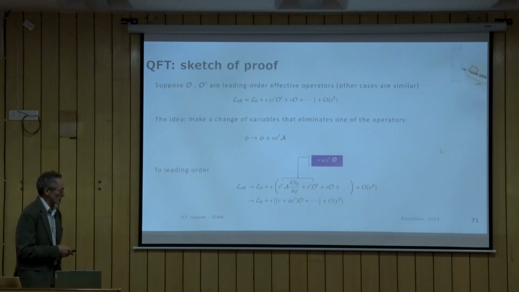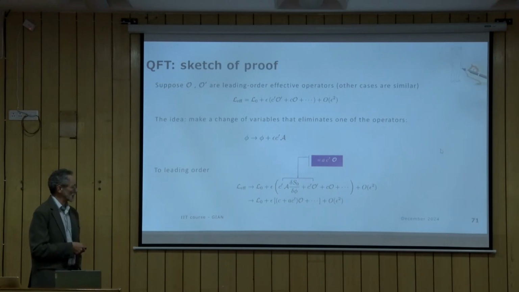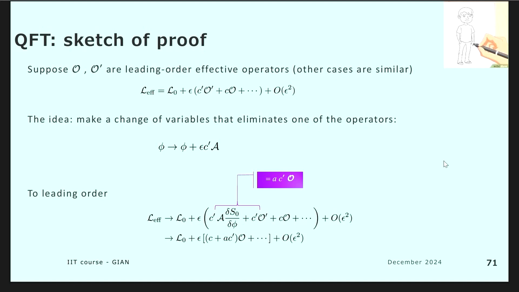Then with the new variables, you have shown that the effective Lagrangian doesn't depend on C and C prime separately, but only on this linear combination. We're done. But it's not quite the case. There is a little bit of subtlety,